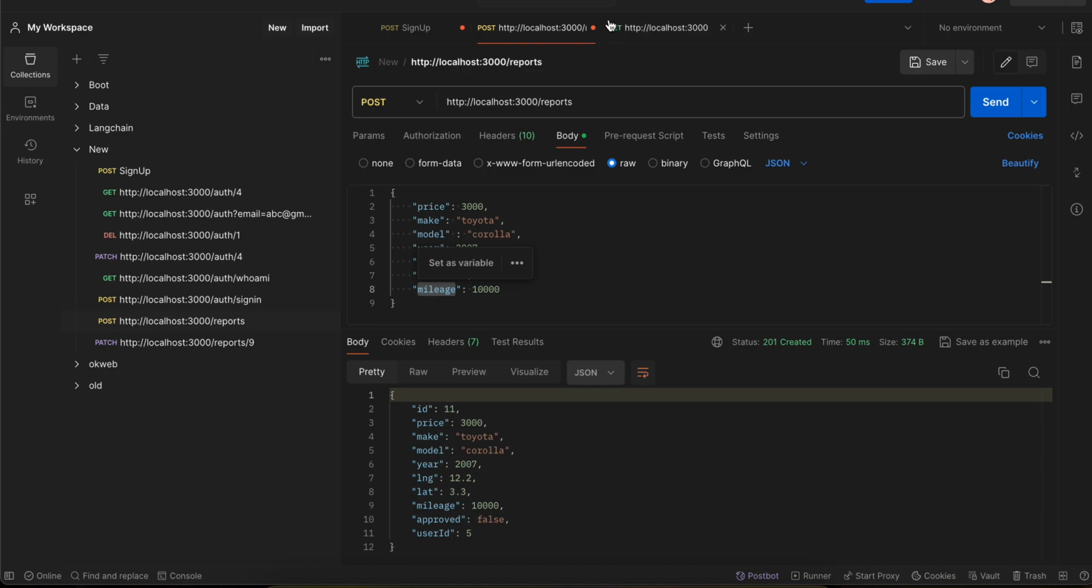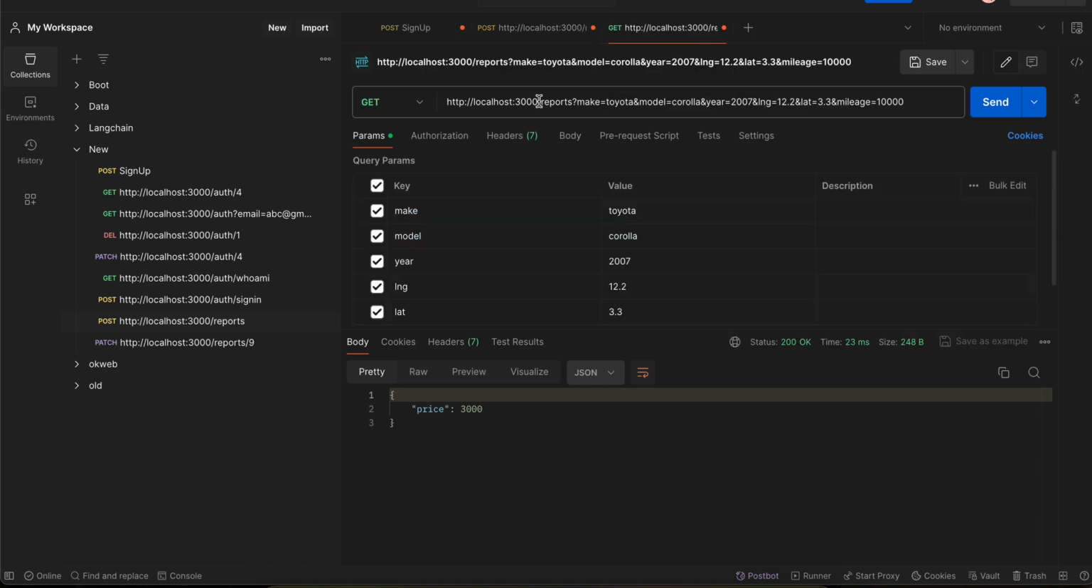Now I want to get the estimate of a particular car. So here I have created a get API endpoint, and here you can see that we are passing the make, model, year, long, lat as well. I haven't added authentication to this, so even if you don't pass the token, that's fine. If you want to pass it, you can do that as well. And if I just click on send, here you can see that it is able to find the price for